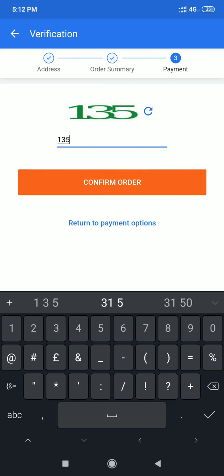You can see on the screen that the confirm order option is given here. So you go to the confirm order option and click it, and then your order will be confirmed, and it will tell you on which day the order will arrive. So you click on confirm order.